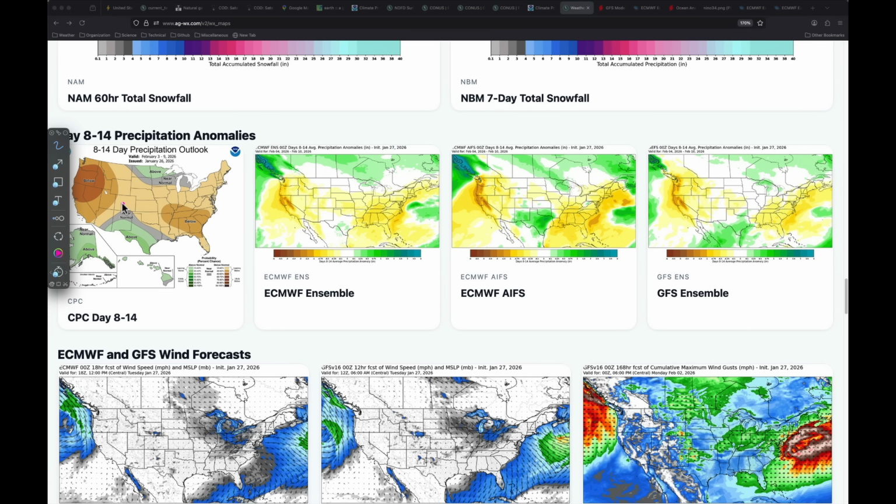Unfortunately, with that split flow, you look across the western U.S., outside of what we saw coming through this week, the next 48 hours, and then maybe a little bit later in the week as that low wraps up in the east, we saw some precipitation increasing here. But beyond that, just not a favorable forecast right now for California, Sierra Nevada precipitation, or really a lot of these other western basins and areas that we're watching for snowpack. See that in the 8 to 14 day outlooks from the Climate Prediction Center, well below average precipitation expected there. And that's consistent with the other long-range models here.